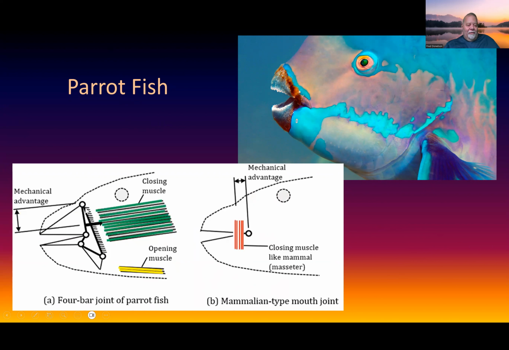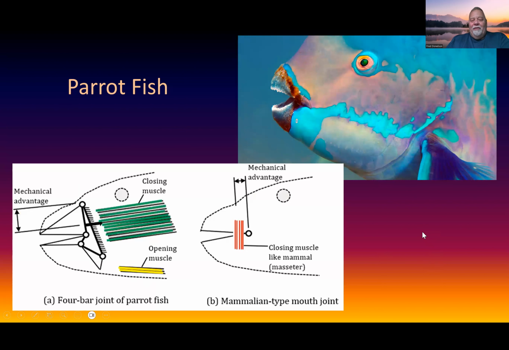Notice the parrotfish has this four-bar mechanism here, and it has space behind the jaw. Instead of being hooked right to the jaw, it has space behind the jaw. And so when these muscles pull on this, it closes this, and it has a much higher mechanical advantage. So this can really clamp down on stuff and really hold on to it. And then when it opens, it can just use this little muscle to open it back up. Again, a four-bar irreducibly complex system just to open the jaw.